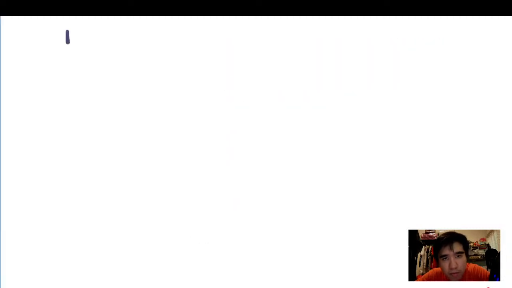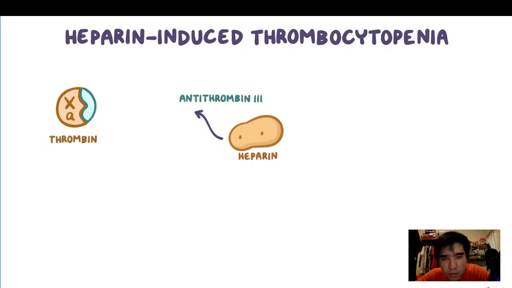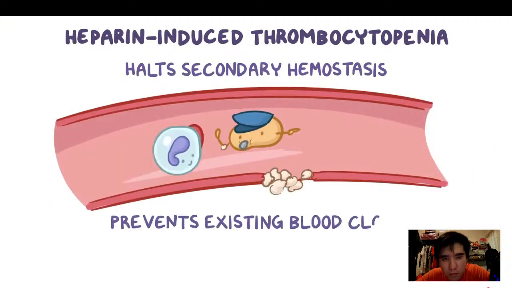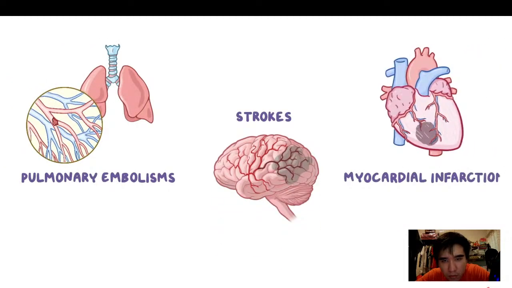Okay, so heparin-induced thrombocytopenia is caused by heparin. This medication works by activating an enzyme called antithrombin 3, which inhibits coagulation factors 10A as well as thrombin. This halts secondary hemostasis and prevents existing blood clots from growing larger. So it's often given to people who suffer from pulmonary embolisms, strokes, and myocardial infarctions. Now, the main mechanism behind the development of